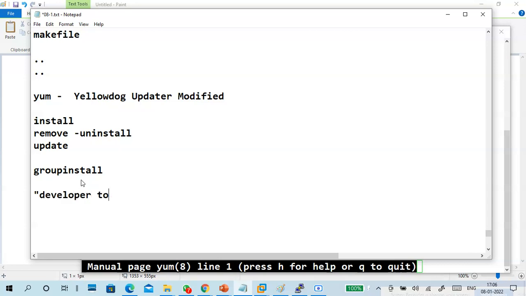For example, developer tools. It means all software like C, C++, Java, Python, like that, everything will be installed automatically in your PC. This is called a group install.